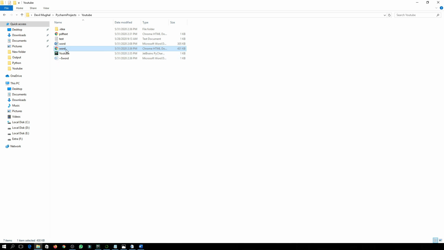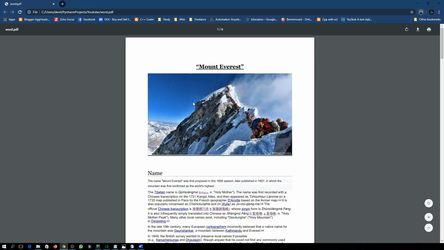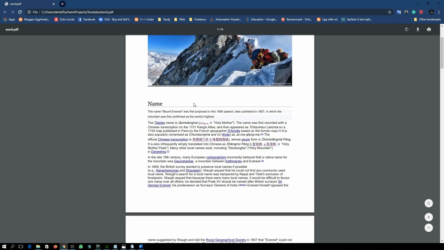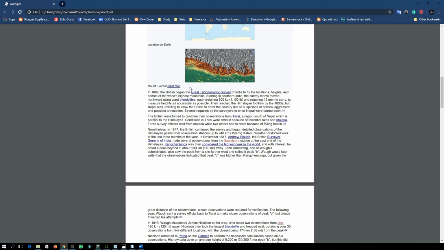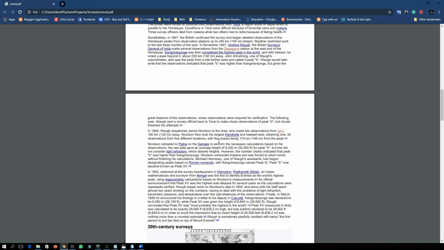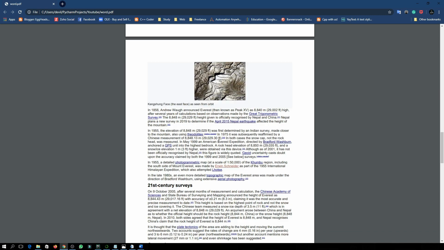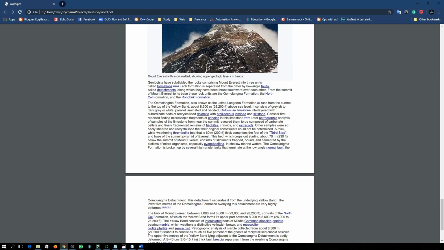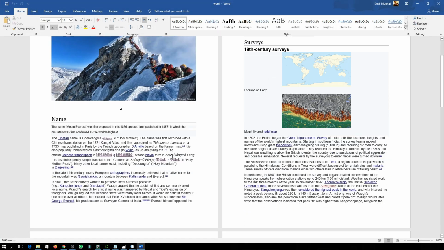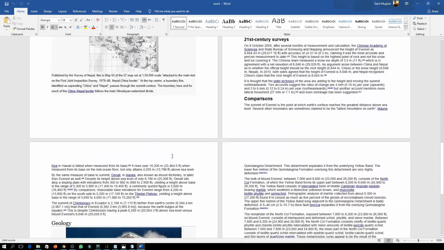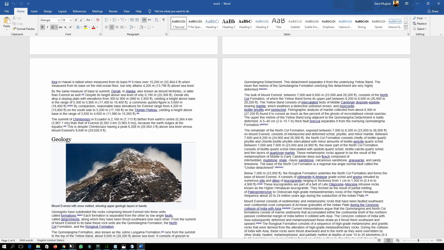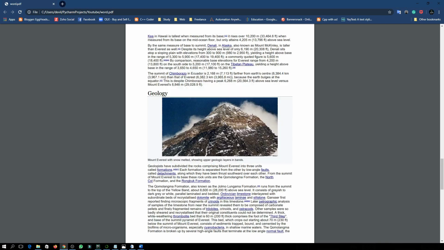Let's open it. As you can see, our file is converted, and it has also converted the pictures, links, everything as it was in the Word document. Everything is now converted into PDF.